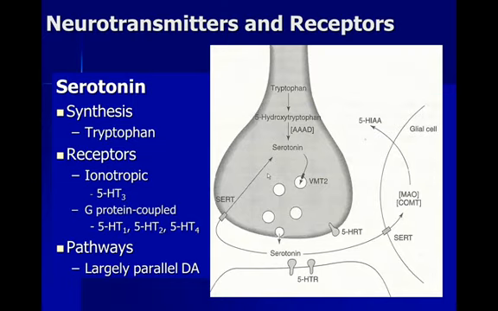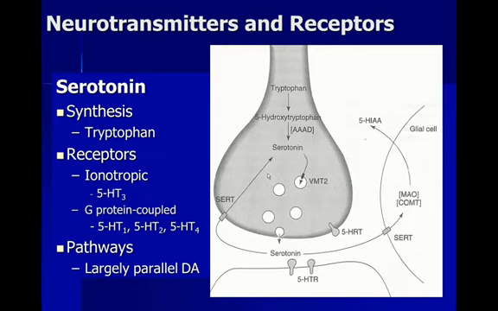So it's synthesized from tryptophan. There are a variety of receptors, both ionotropic and G-protein coupled. These are identified by the 5-HT1, 2, 3, and 4. When we get into talking about different types of drugs, we'll see that they affect these neurotransmitter systems, these receptors, differently. And in fact, some of them will bind only to 5-HT3 or 5-HT2, and it's important for us to understand that. Now, in terms of the pathways throughout the brain, serotonin largely is parallel to dopamine,